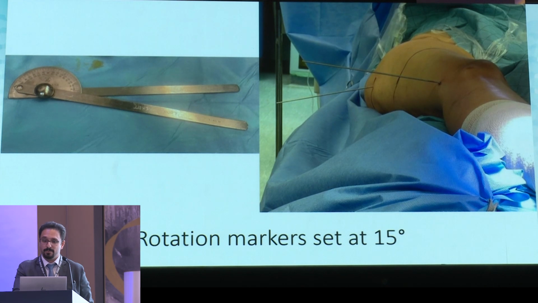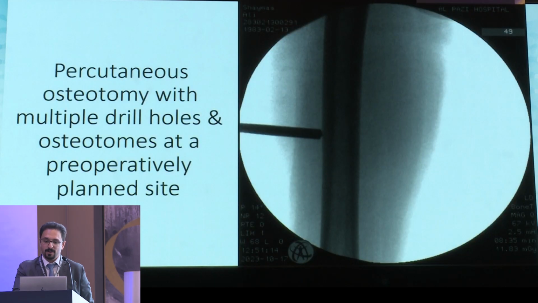We do some planning before. In this patient, we decided to derotate the femur 15 degrees. So we use a sterile goniometer intraoperatively. We place a wire at the proximal femur and a wire at the distal femur in a 15-degree relationship. Then we move on. We do